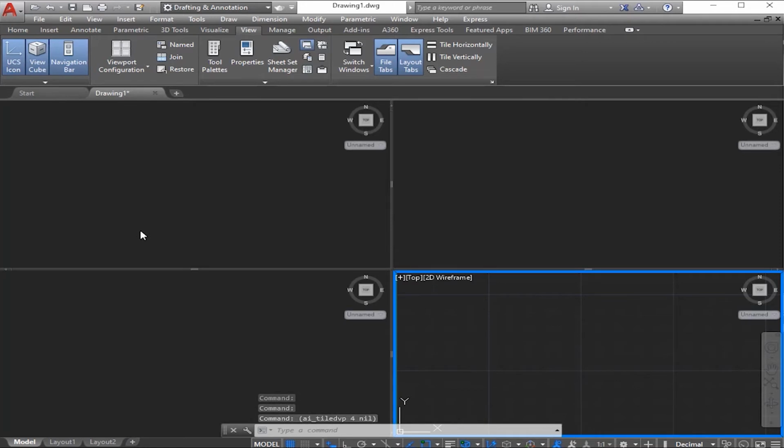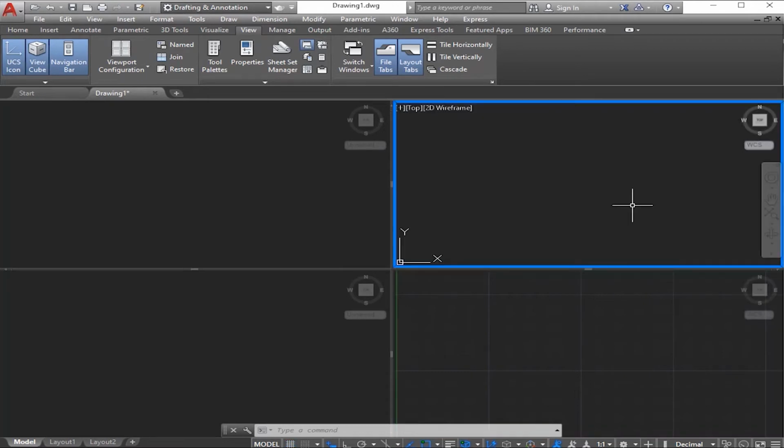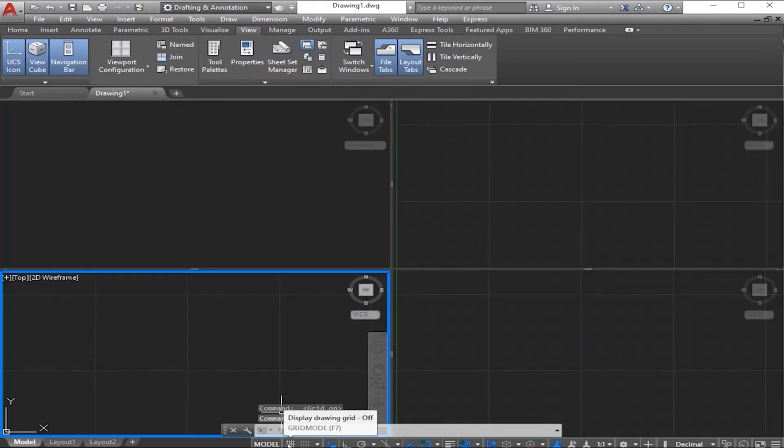You can set up the views according to your preference. Here we have 4 viewports on the working area at one time. In here you can find the grid is activated only for one viewport. In this way you can add a grid for each viewport. For adding a grid on a particular viewport, all you have to do is select the viewport and enable the grid option from here.